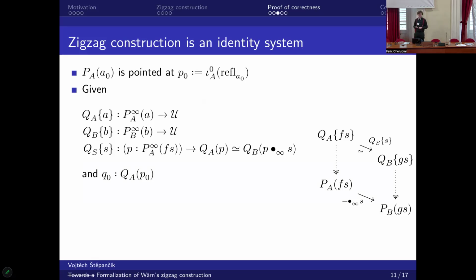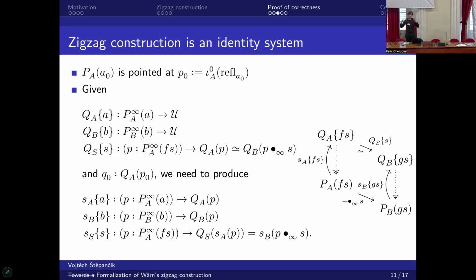We are given two type families over the fibers of the descent data, PA and PB, and we are given this fiber-wise equivalence over the equivalence PS, and we are given a base point in QA, and we are supposed to conjure this pair of dependent functions into the given type families, and this coherence datum, which is like a